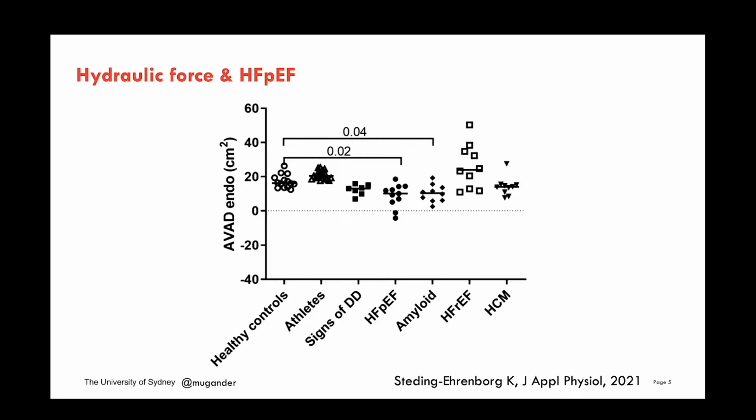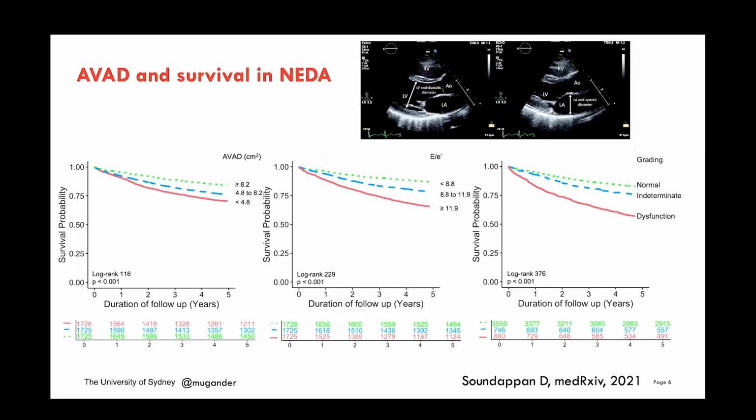So then we wanted to see, does that have any importance and use for survival? So we turned to NEDA, the fantastic resource that we have here in Australia. We couldn't redo measurements in NEDA because NEDA only has the existing measurement data from clinical measures. But we used the left ventricular end diastolic diameter and the left atrial end systolic diameter as surrogates for this hydraulic force, or surrogates for the relative sizes of the atrium and ventricle in order to measure the atrioventricular